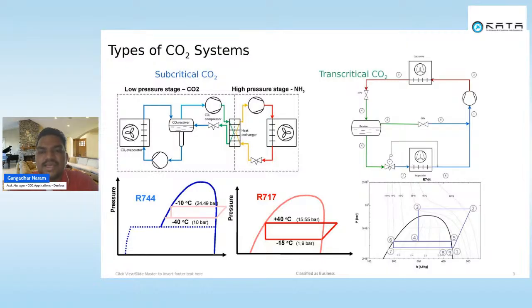We call these the high pressure expansion valve and the flash gas bypass valve. With the help of these two components, we are trying to establish a transcritical CO2 system that is able to deliver combined heating and cooling. On the evaporation side, you get the cooling, and simultaneously on the condenser side, or gas cooler side, you get the heating.